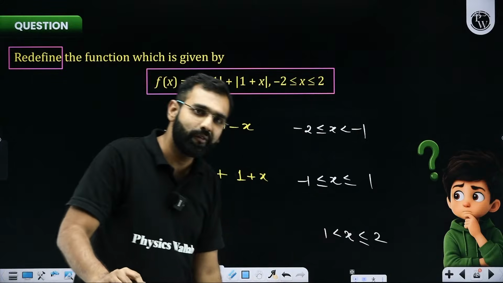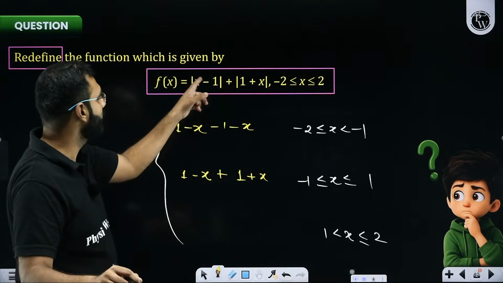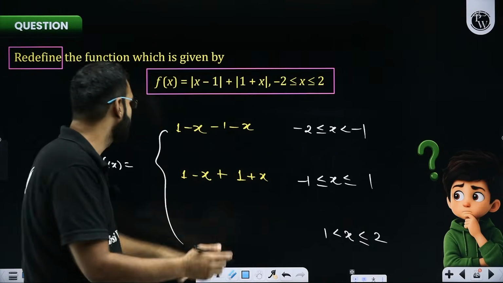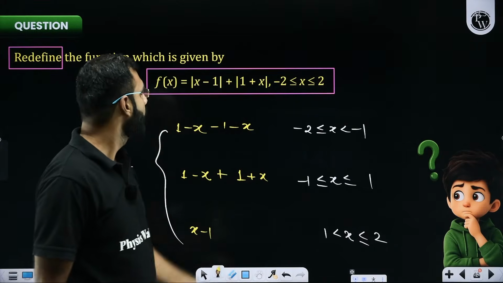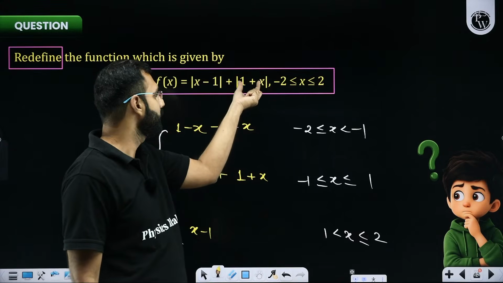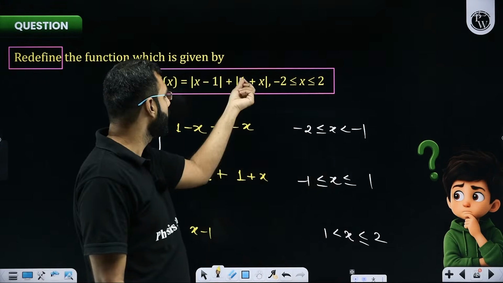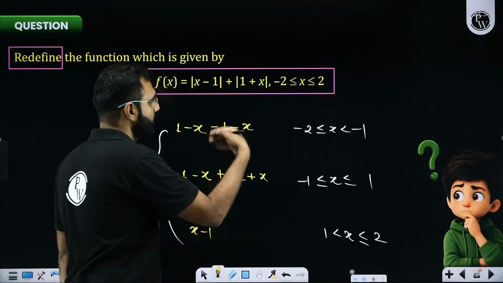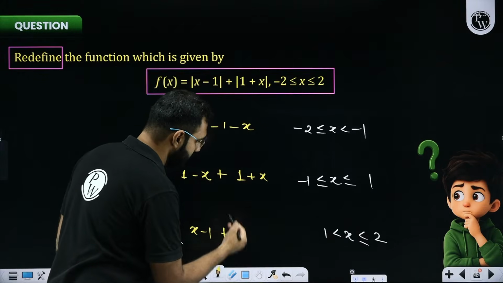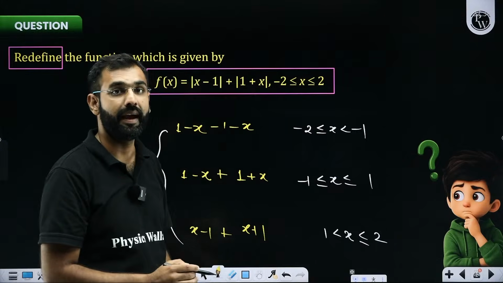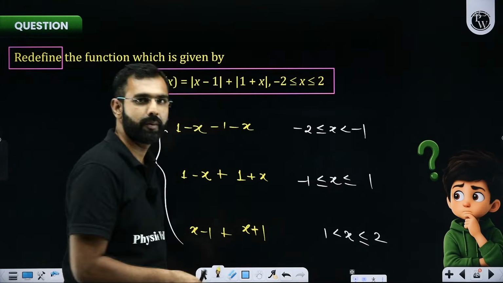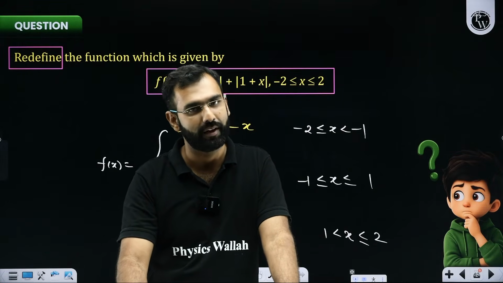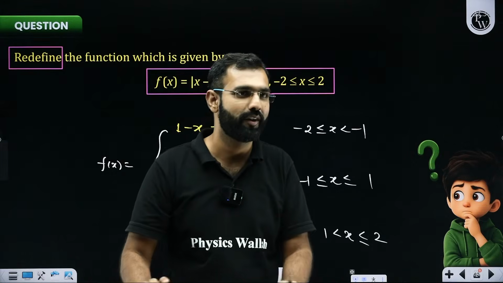Let me try any value between 1 and 2, let's say 1.5. 1.5 - 1 is 0.5, which is positive. If the expression is positive, the mod simply gets removed and you get the whole expression as it is. For x + 1, trying 1.5 gives 2.5, which is again positive. So I will remove the modulus as it is, giving x + 1. Everybody getting it? Any queries or confusions, please ask. Shall I move ahead from here, all the participants?